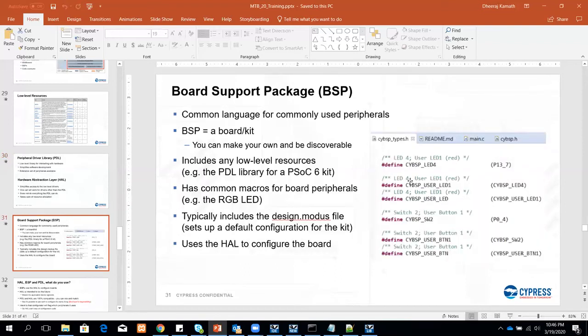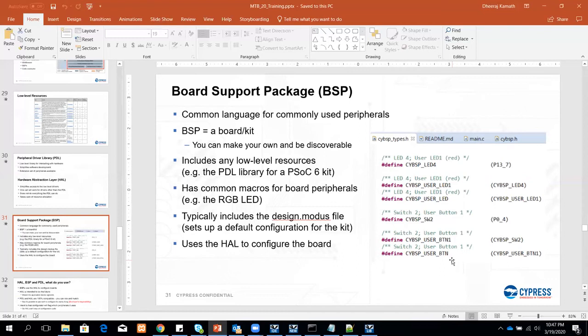And we have been talking about the board support package. The reason this is important is that we have now created a common language for talking to the commonly used peripherals on the kit, like the LED or the switch. So we have named them as user LED 1, SW1, or LED 1. For the RGB LEDs, we call it CYBSP RGB LED green, RGB LED red.